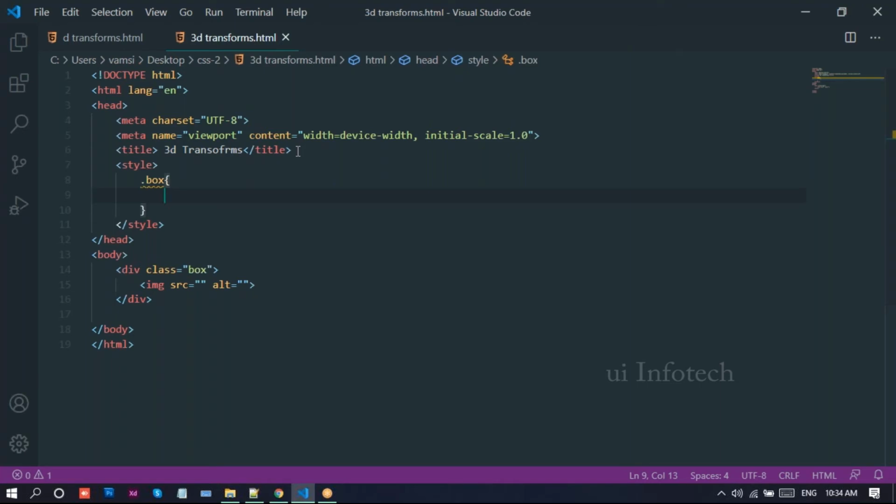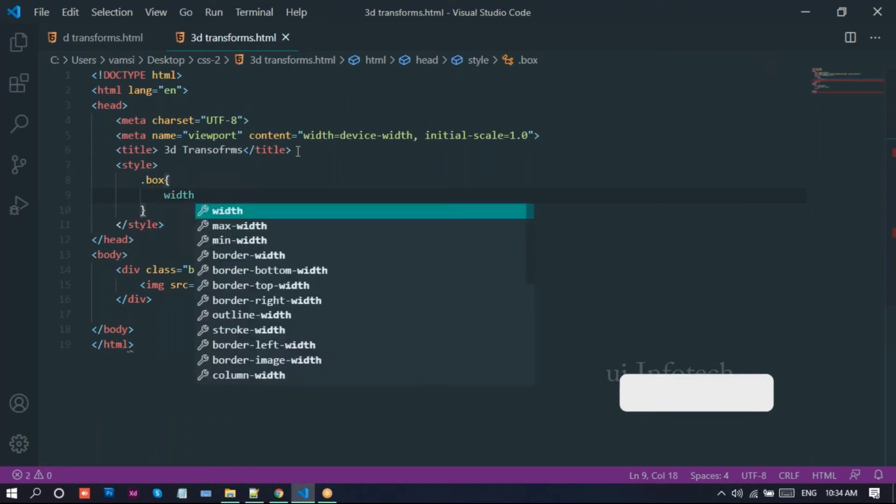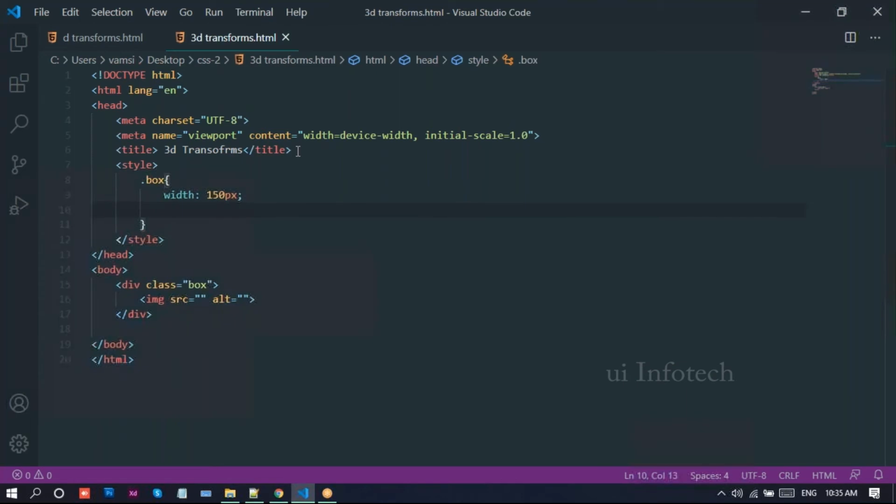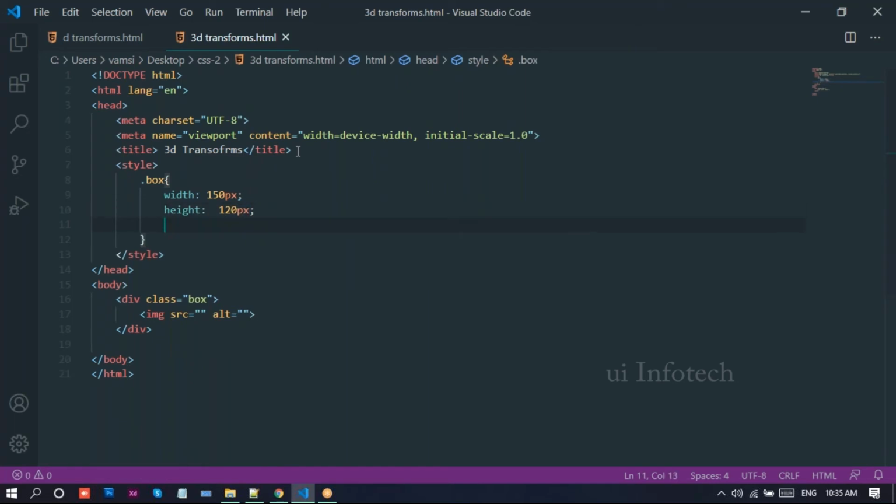I'll apply some styles: width 135 pixels, or we can go with 150 pixels, and height 120 pixels.